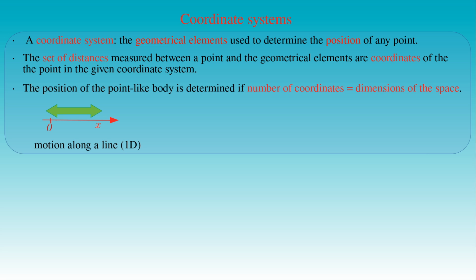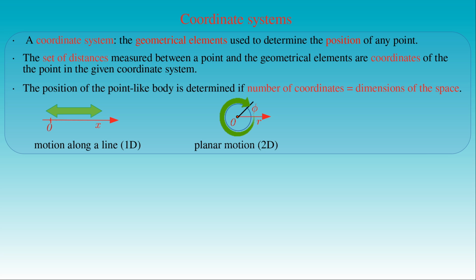In the case of planar motion, we need to use a two-dimensional coordinate system. For a circular motion, we can attach a polar coordinate system to the center O of the circle, which we consider as the reference point. Then the position of a body moving along the circle is determined by the two polar coordinates. The first one is the distance of the body from the point O, that is the radius r of the circular path. The second one is the angle phi measured between the position of the body on the circle and an arbitrary axis through the center O.